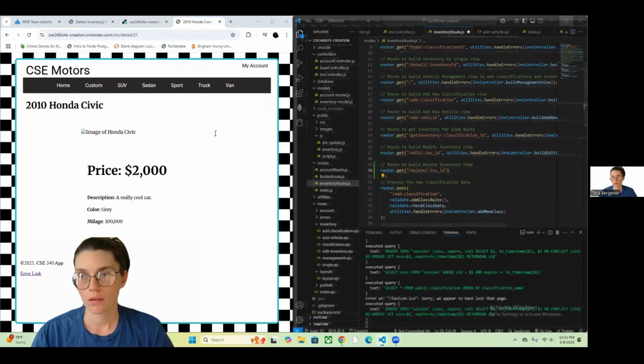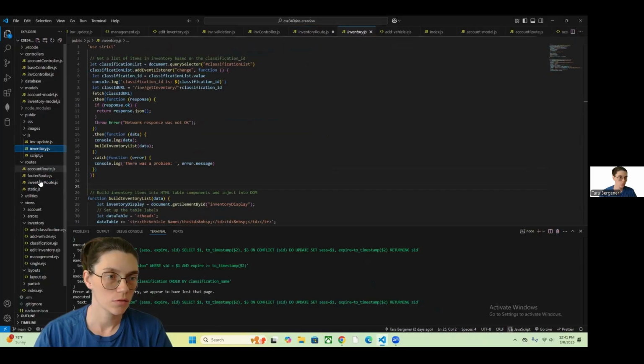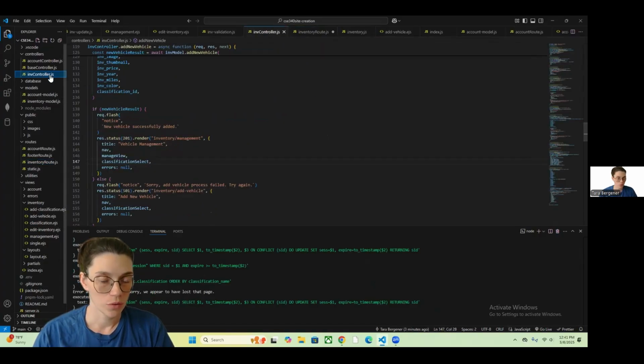Next we'll go to our inventory route. Here we can see that if we just go to our inv extension, then we have our management page. Add classification will take us to our add classification page, and add vehicle will take us to our add vehicle view. If we go to our inventory controller,